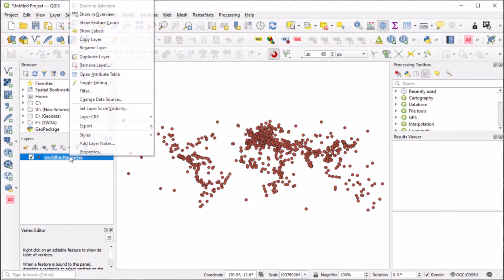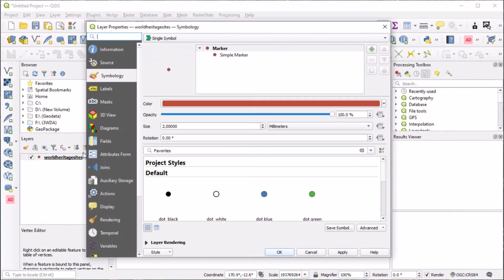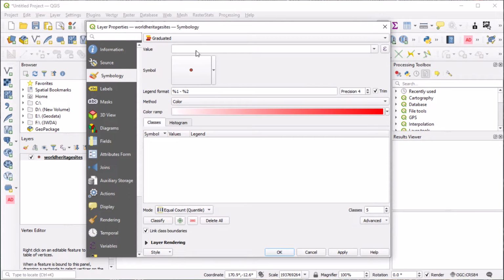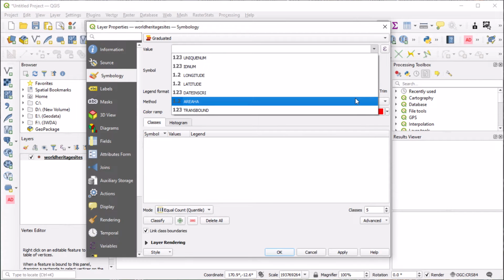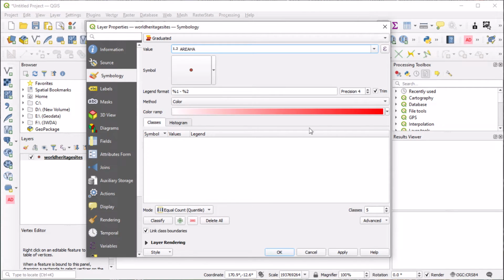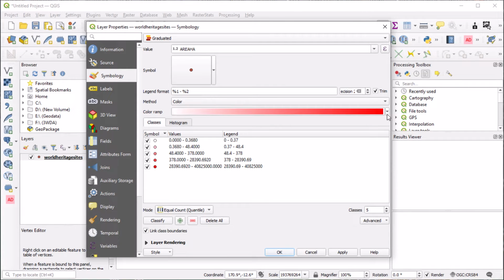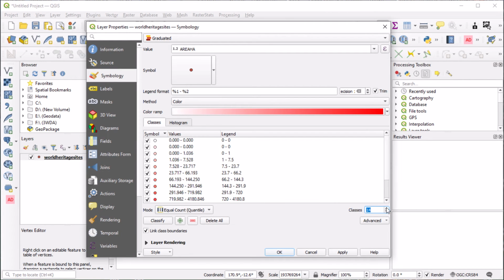Graduated symbology is used with numeric data. We will select a column name that refers to the area of the site with the values given in hectares. Instead of a random color ramp, we'll here choose a gradient color ramp, which smoothly interpolates between two colors. The smallest area will be expressed by the lightest color and the largest area will be expressed by the darkest color. The number of classes that you choose will depend on the purpose of your map.